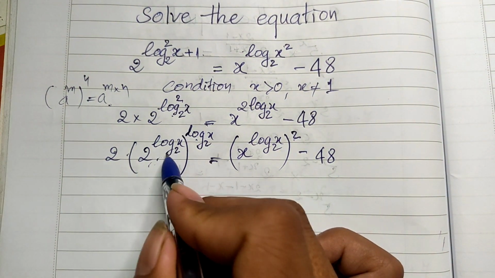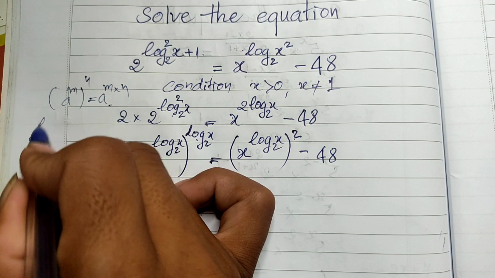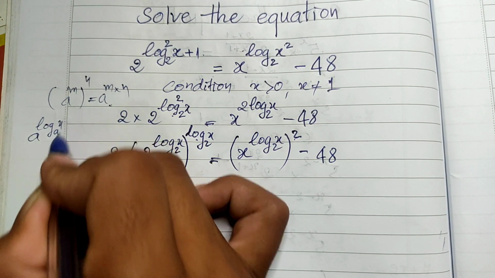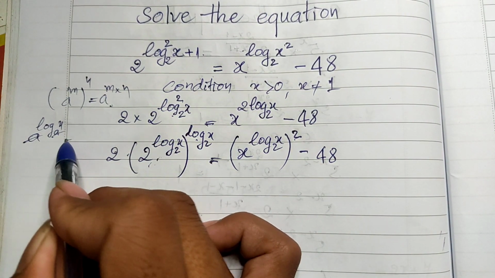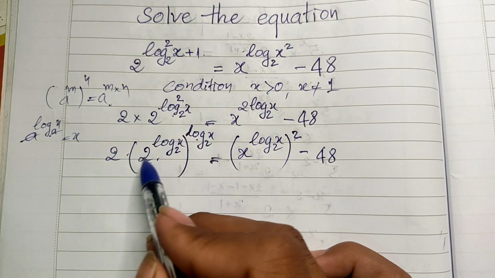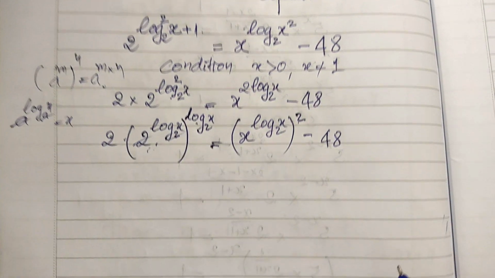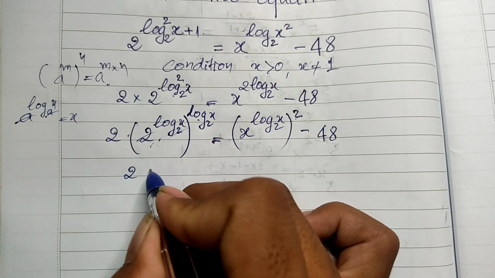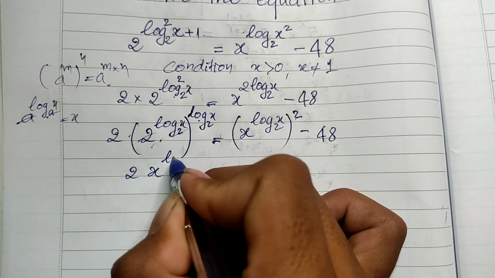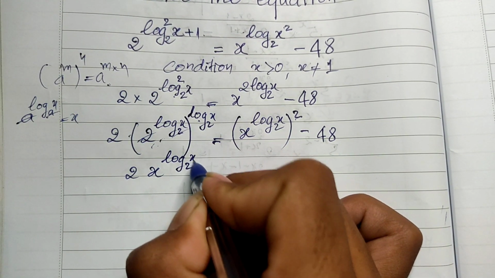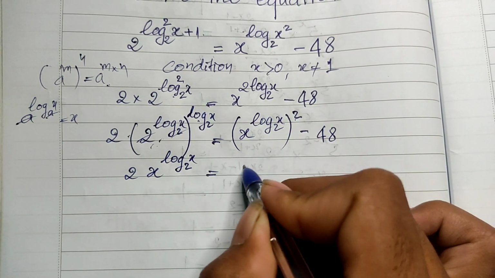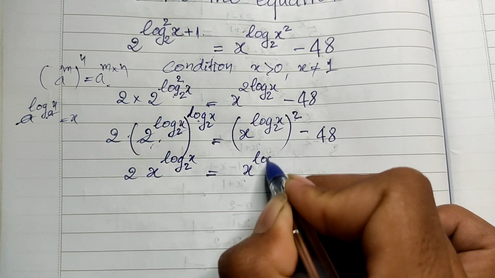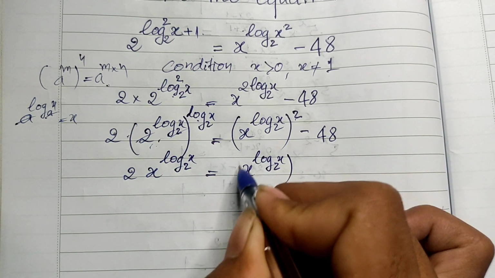And now we use the rule that a to the power log base a of h equals h, and this we cancel, so this 2 and 2 we can cancel, and we get 2 multiplied by h to the power log₂(h) is equal to h to the power log₂(h) all